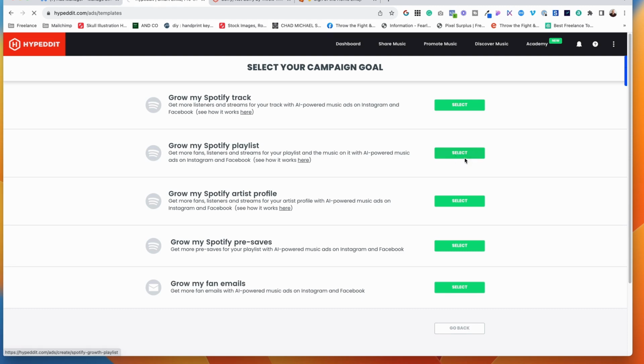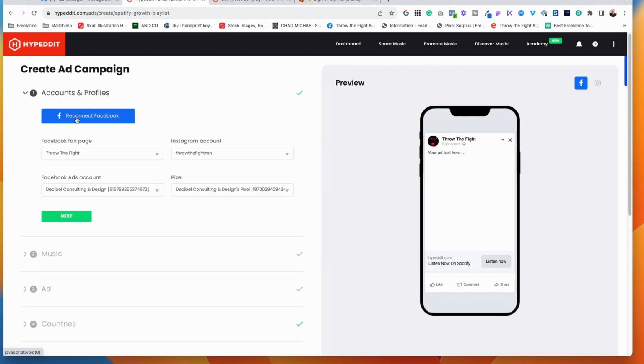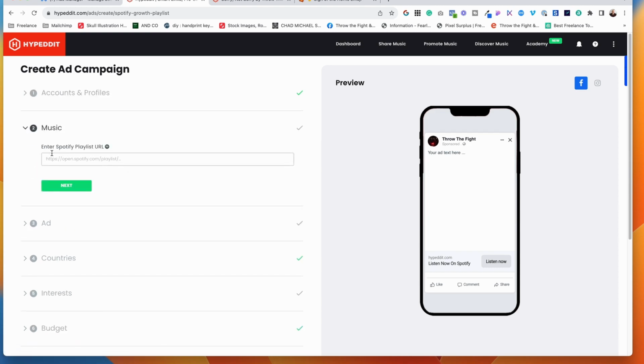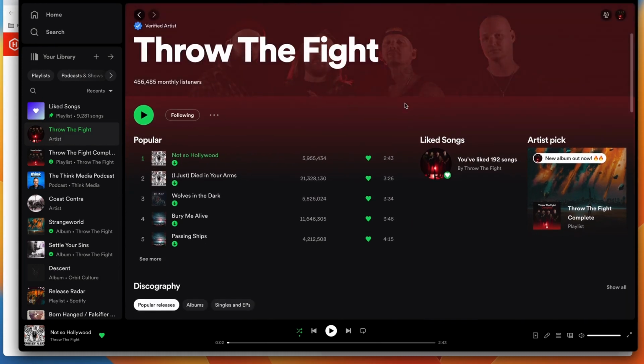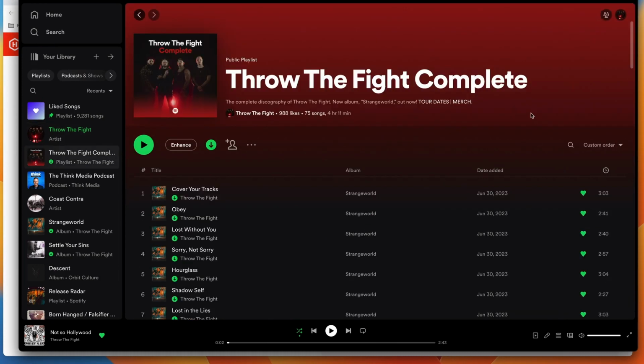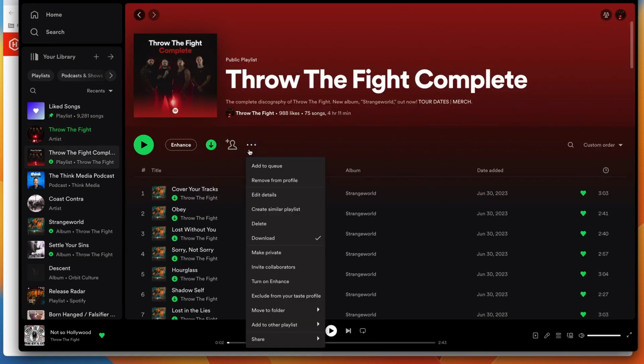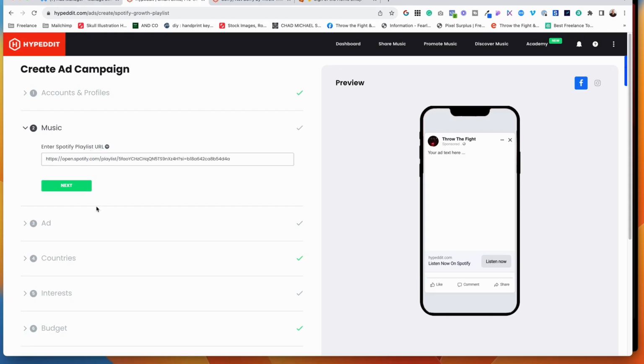We'll hit select. I've already connected my account to Facebook, but if you haven't done this, you're going to connect it right here. And we're going to make sure that we have the correct artist and Instagram account checked, and we have the correct pixel and ad account, and we do. So we'll hit next. We're going to enter our Spotify playlist URL, pull up my profile, and the one I want to promote is actually right here, pinned to our page. So we're going to click the three dots, go to share, copy link to playlist, drop that in,